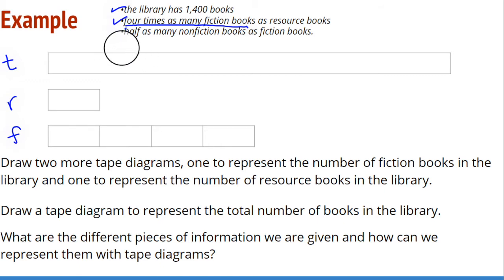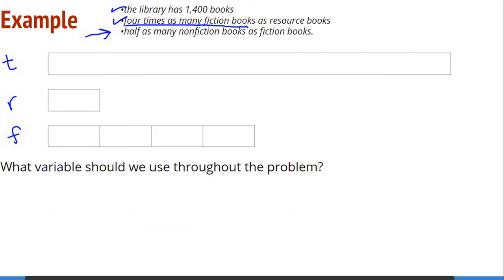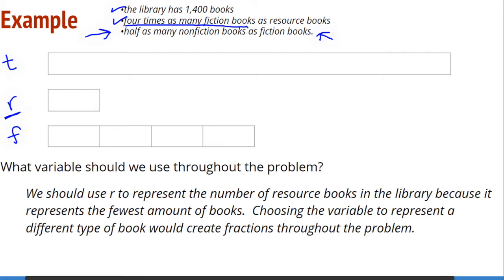Oh, now there's one more tape that I need to look at. I need to look at this half as many nonfiction as fiction. Before I look at this last section, I've already got something of an idea about what my building block is. If the nonfiction books are half as many as the fiction, they're going to be this much, which means that my resource books are going to be my building block. So I'm going to use the variable r throughout this problem. I'm going to use the resource books because everything else is bigger than the resource books. Now, if I used the total number of books, or the fiction books or the nonfiction books, then I get to play with fractions. So it's not impossible, but I don't want to go that way. I'm all about let's make this easy. So I'm going to use resource books